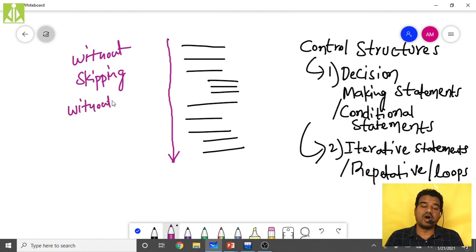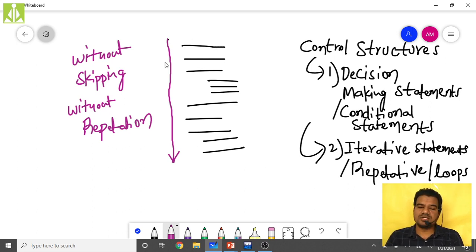All statements will be executed exactly once. The concept is very clear. Without control structures, my program flow will be sequential because all my statements will be considered sequential statements.